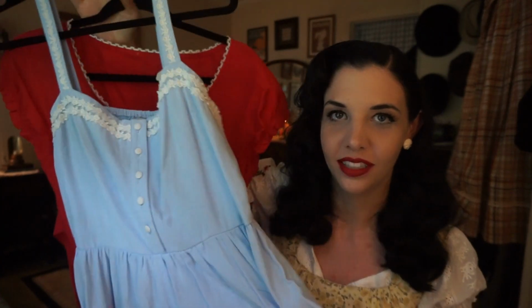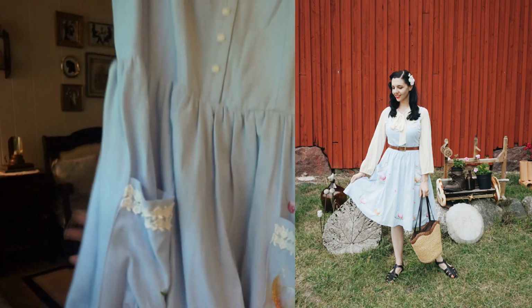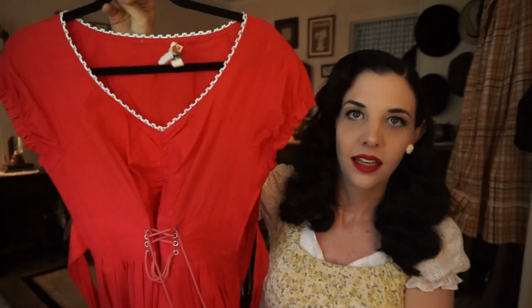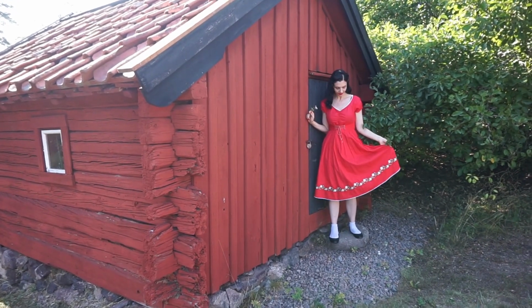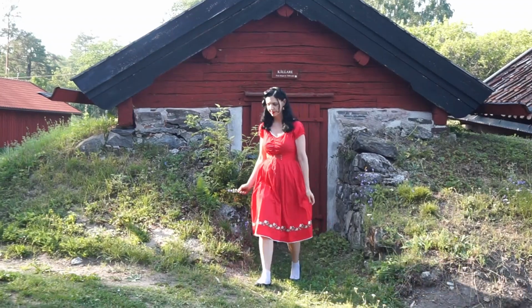And here are a few more dresses in my folky peasant prairie style. This one's from Lindsay Dianne, and I love the cute little pockets and flower embroidery. And then this one I got on Doll Me Up, which sadly closed their doors, but it is so cute. It has ties in the back, but my favorite is the embroidery at the bottom, and it worked. I've worn this for three summers in a row in Sweden just because it makes me feel like I'm in